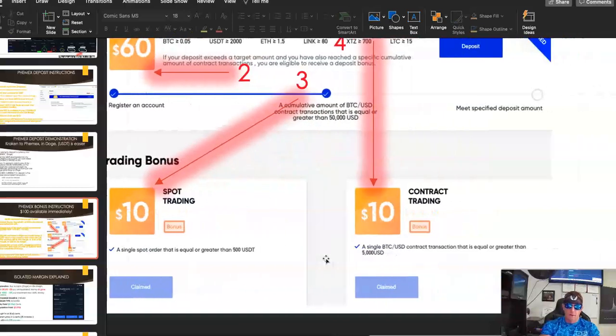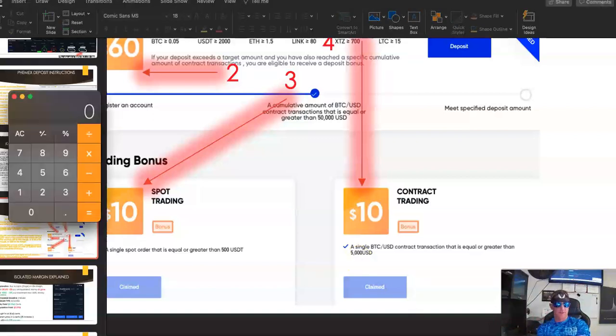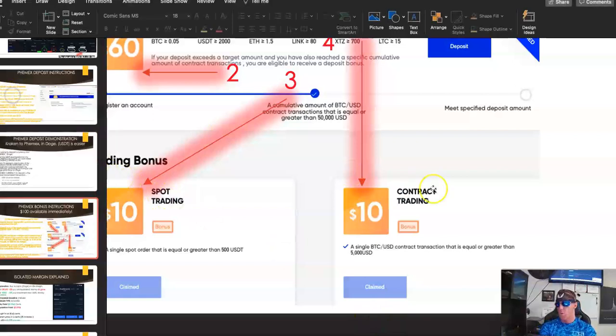Now, at the same time, you have placed a contract trade of $5,000, but $5,000 is the leveraged amount. So if you are on a 20 times margin, you only need $250. Oh my God. 5,000 divided by 20. Whew. I've been up for like 3 days. Still got it. Anyways, so if you deposit